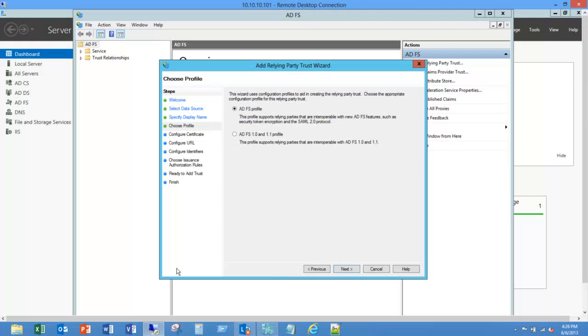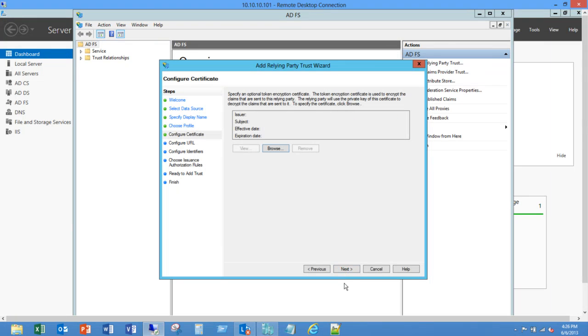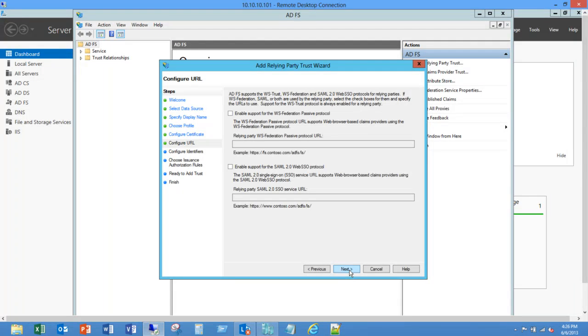All right. And in here, we're going to leave the default for the ADFS profile that we need to select. We're not going to encrypt our certificate. So keep in mind that all our communication is anyway over HTTPS. And in here, what we have to do is enable support for the WS-Federation Passive Protocol. So if you remember, when we look at the diagram with all the signing processes that happen, a lot of it is HTTP gets and posts. So this is why we need the WS-Federation Passive Protocol enabled, because this is what supports the